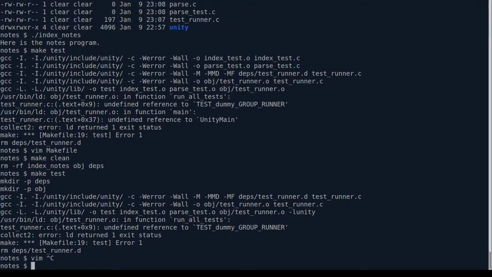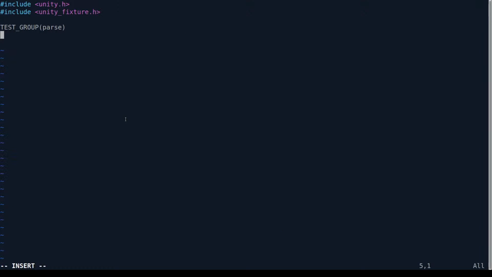Okay, and then we'll have test group pass, and then test case, no, it's just test, I think, pass, and then I don't know, passes empty string, which might be a good first test, and then test group runner pass,